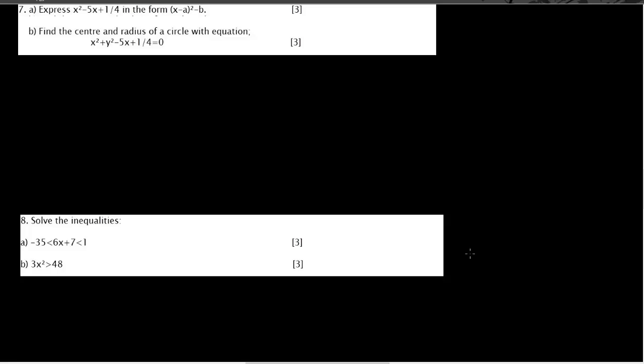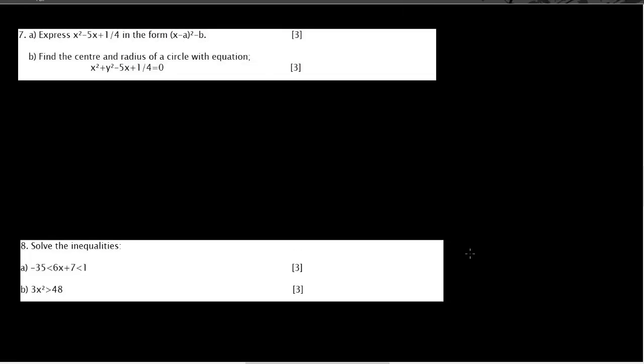Question 7. This is completing the square. There's always a question on completing the square, so you've got to be fairly slick with this. So A, we've got x squared minus 5x plus a quarter. We've got to complete the square. So B is minus 5, so we've got x, using the formula for completing the square, x minus 5 over 2 all squared